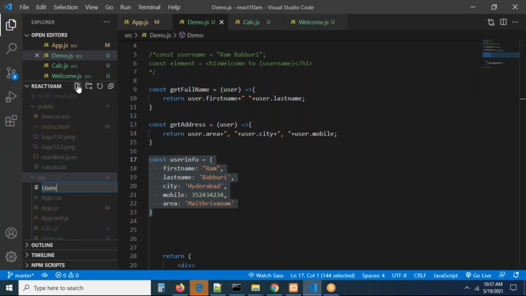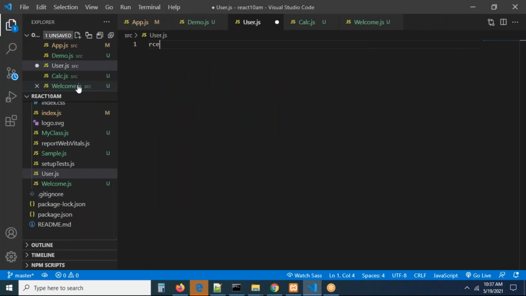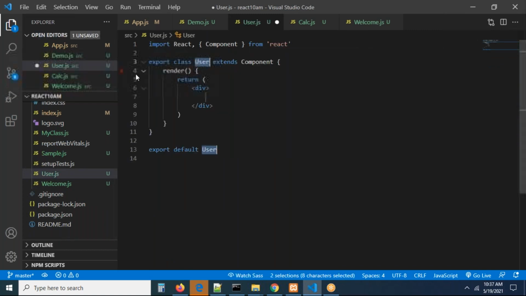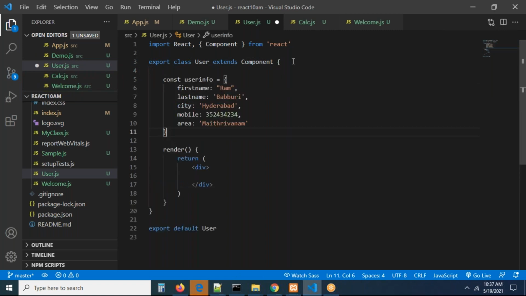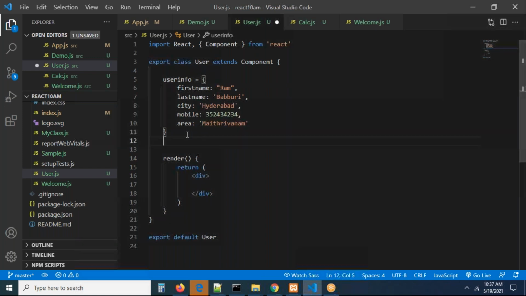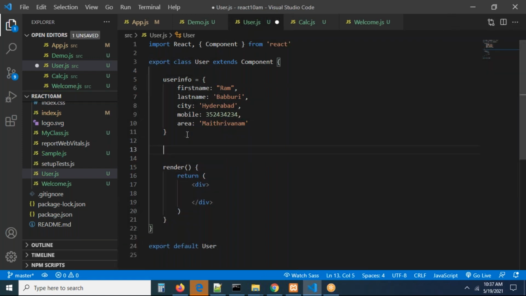Let us create a file with the name user.js. This file is not there, right? Okay, let us create this as a class component. Now this is a class component. In the class component, we have a variable. Const is not required, guys. In a class component, you cannot use const; in a functional component, you can. This is the data we have. If user logged in, I want to do something. If user not logged in, I want to do something, guys.